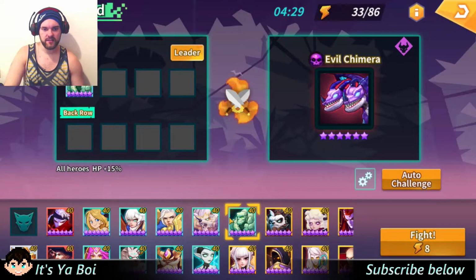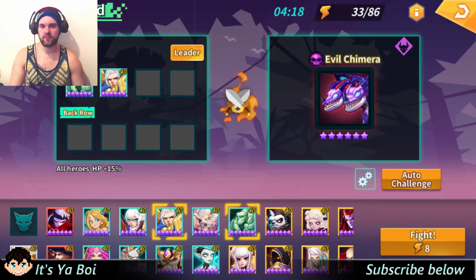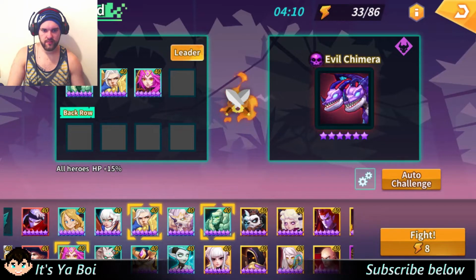If you're to play chimera team, I would use Golem in front. I would use Paladin. I like him just because he's a pretty easy healer to use. You kind of just set him, and then whatever skill he uses, he's going to be healing somebody on your team. Then I would use Elven Queen. And once again,